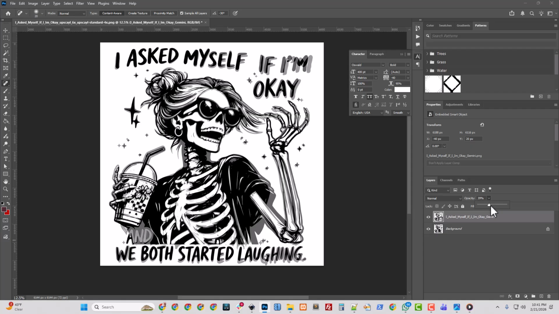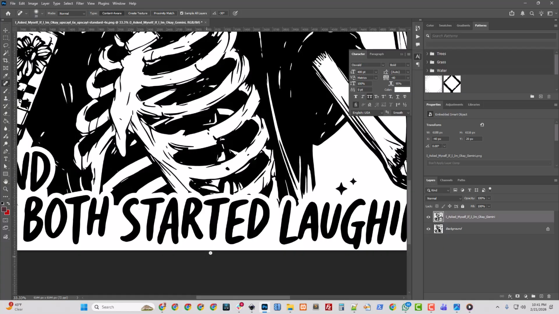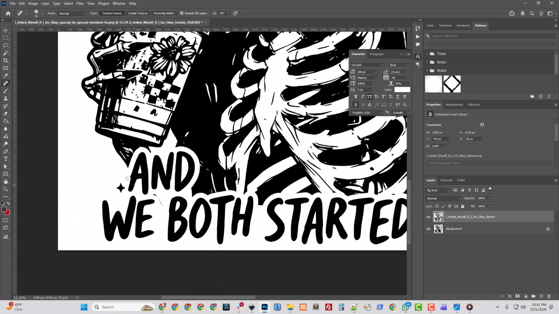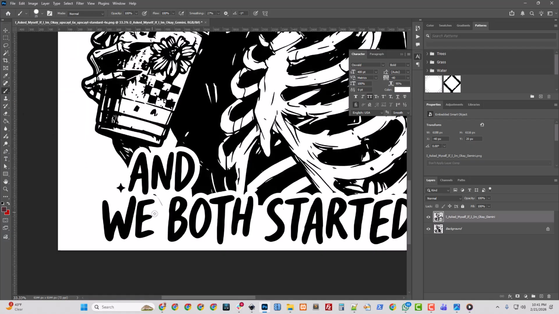All right. Let's raise the opacity here, and let's cut off what matters. I'm going to use my paintbrush, and we'll switch to black and white, and flip to white on the top, at 100% hardness. I'll go ahead and rasterize this layer.